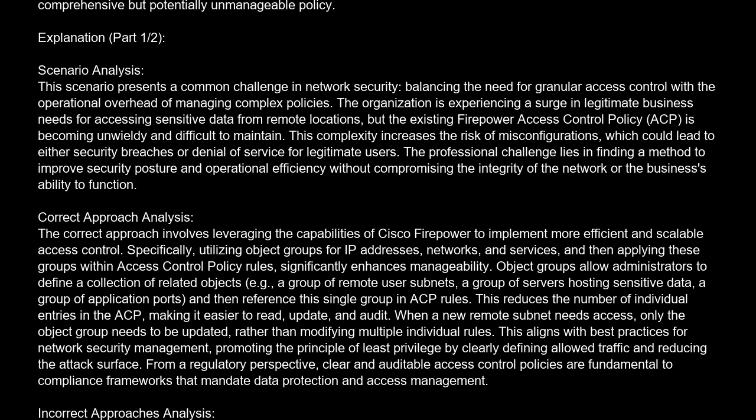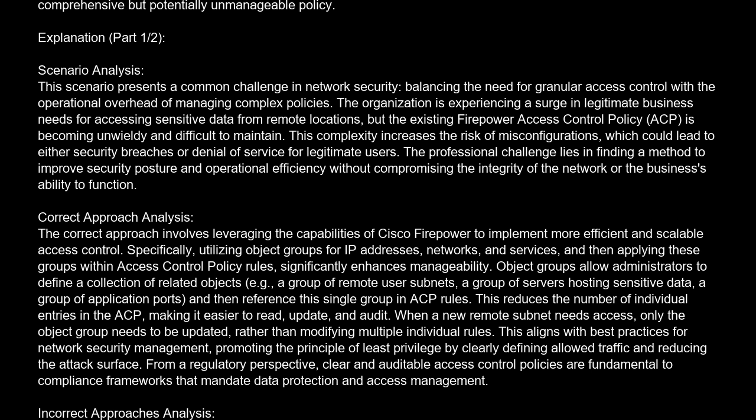Correct approach analysis. The correct approach involves leveraging the capabilities of Cisco Firepower to implement more efficient and scalable access control. Specifically, utilizing object groups for IP addresses, networks, and services, and then applying these groups within access control policy rules significantly enhances manageability. Object groups allow administrators to define a collection of related objects, e.g., a group of remote user subnets, a group of servers hosting sensitive data, a group of application ports, and then reference this single group in ACP rules. This reduces the number of individual entries in the ACP, making it easier to read, update, and